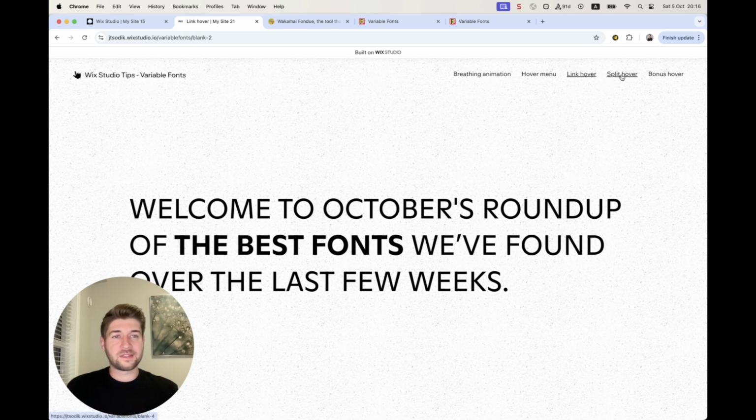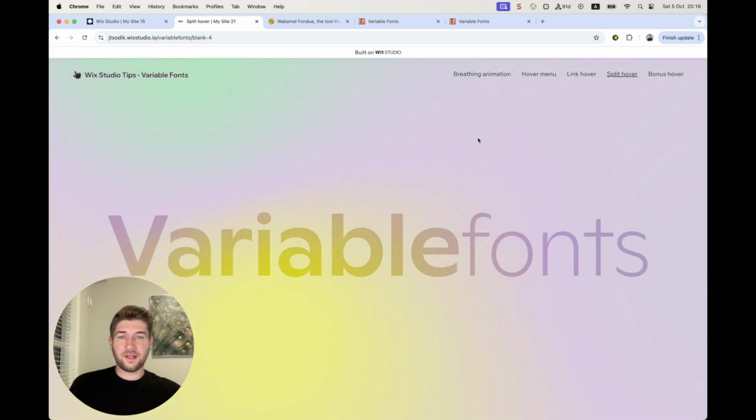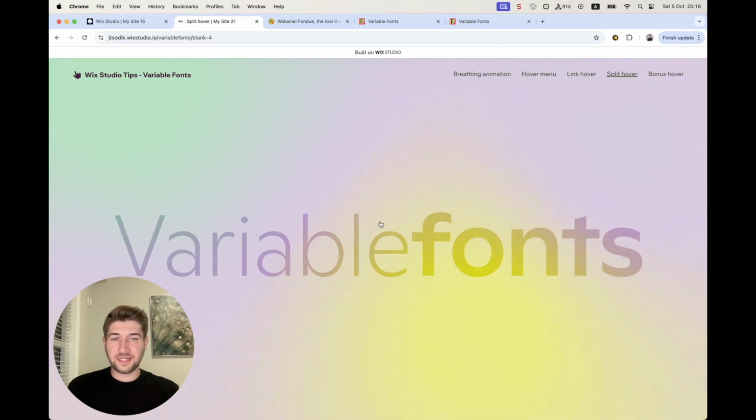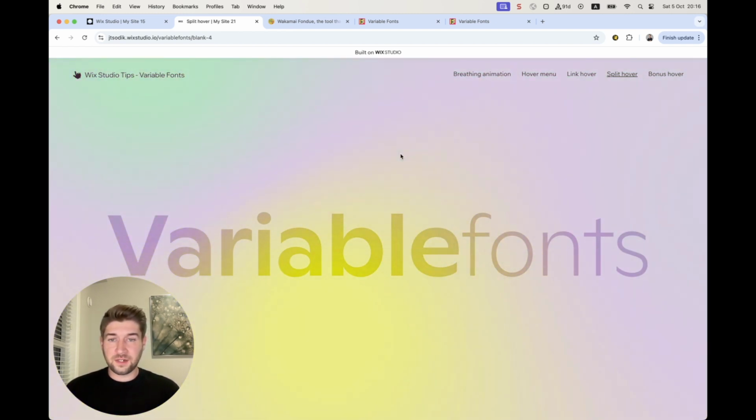And the last one is split hover. This is where I have one text element on which I hover and I see that half of the text becomes thin and the other half becomes wide, and vice versa. So we're going to build this together, and to understand what is variable fonts and how we will implement it,